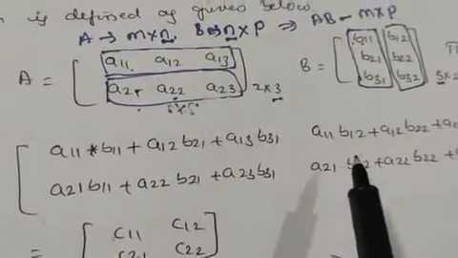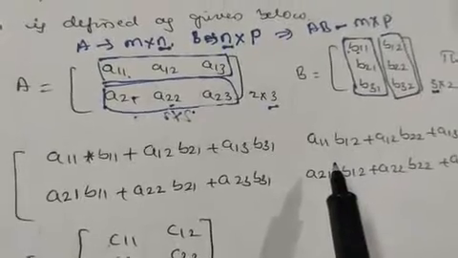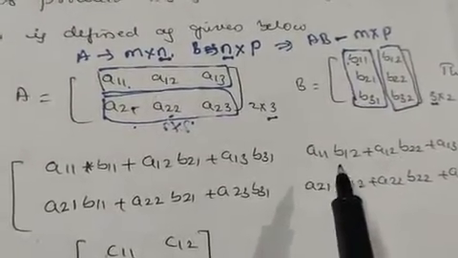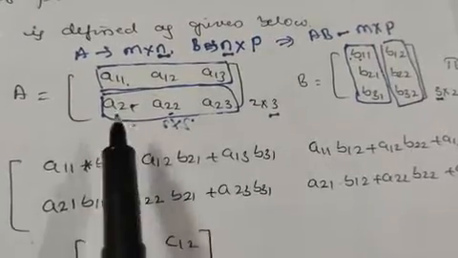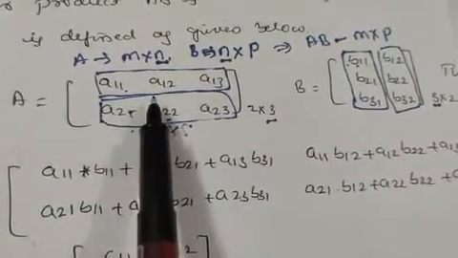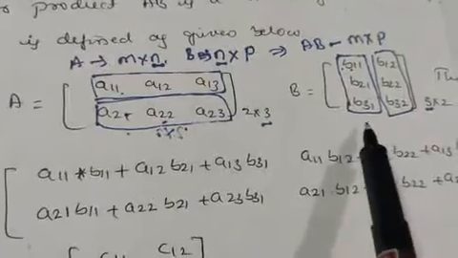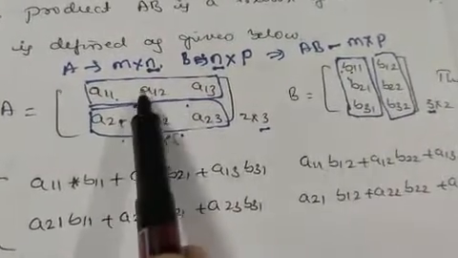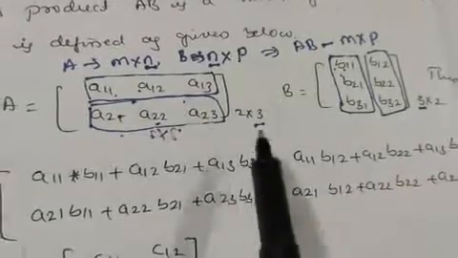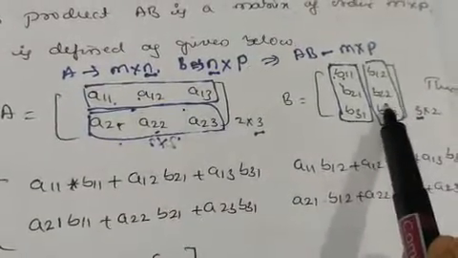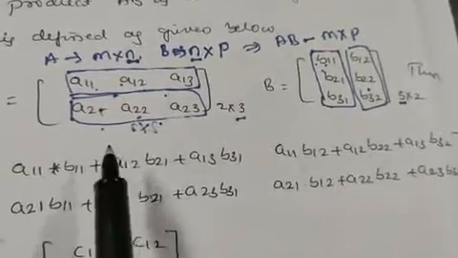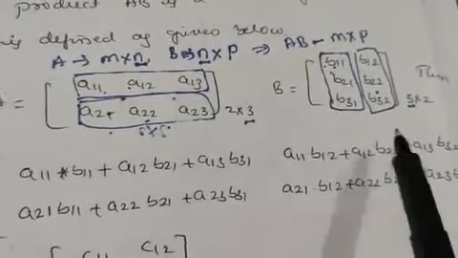This point is very important because matrix multiplication is not like common multiplication. So you have to multiply the rows of the first matrix into the columns of the second matrix. First you select the first row, then the first column, multiply the corresponding elements, and then first row into second column. If we have some more columns, then we have to continue in the same row only. Then second row into first column, second row into second column.